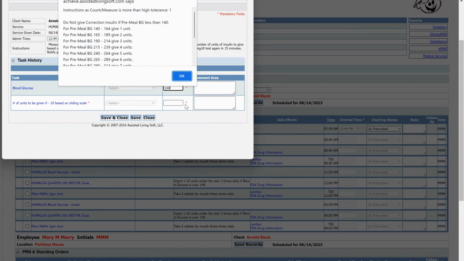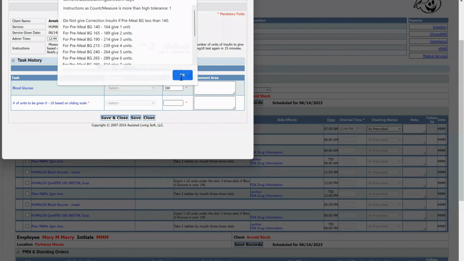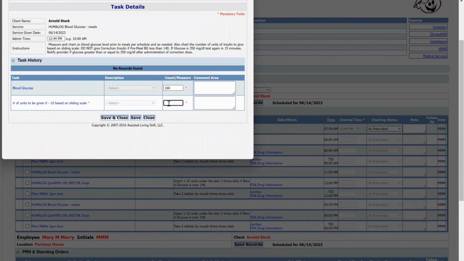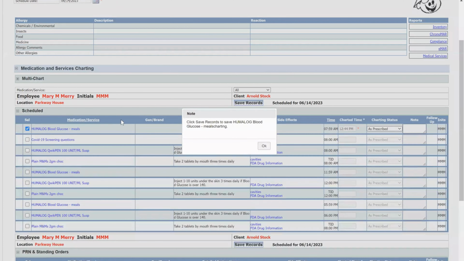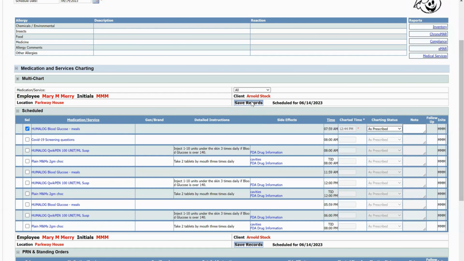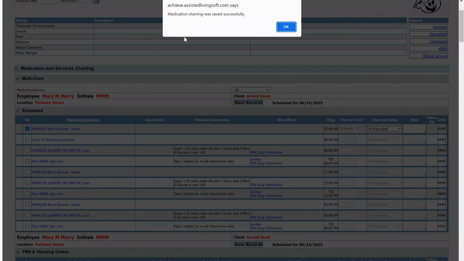The number of units is required, and if they accidentally hit this, it's not going to go away on them. So now I'm seeing that 160, they should give one additional unit. So now they can put in their 1, and when they click save and close,